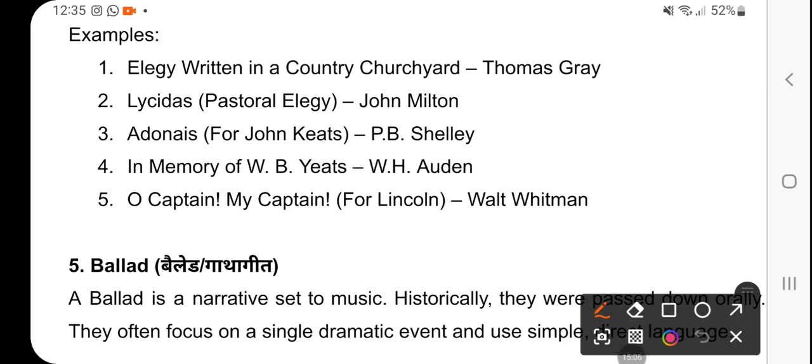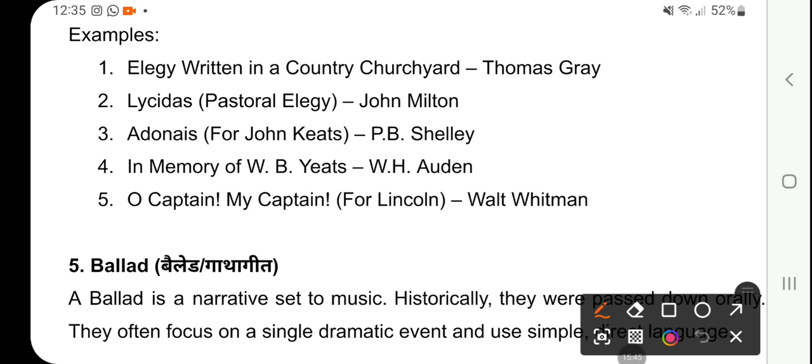If you haven't read Elegy Written in a Country Churchyard, it means you haven't read any elegy. It is said that. It is a very famous poem, a lamentation on the villagers and the underprivileged people who could not get opportunity, and were born and died. The author has written this poetry on the churchyard, and he is lamenting for them because they could not get opportunity,